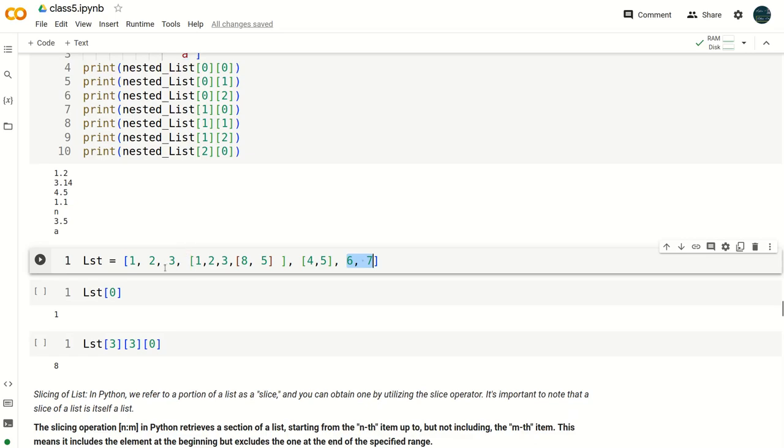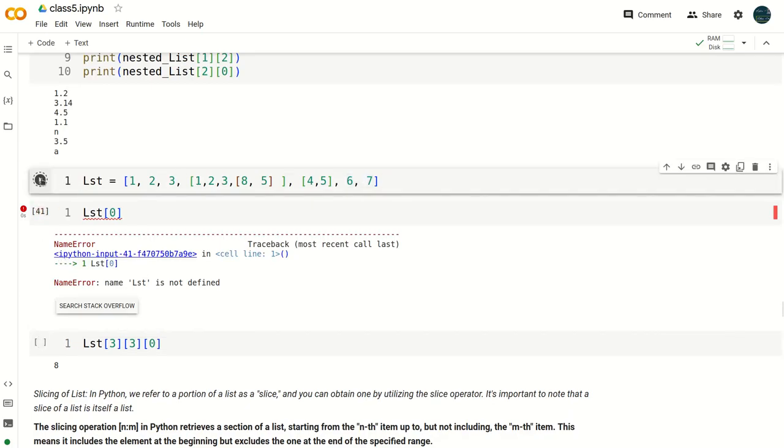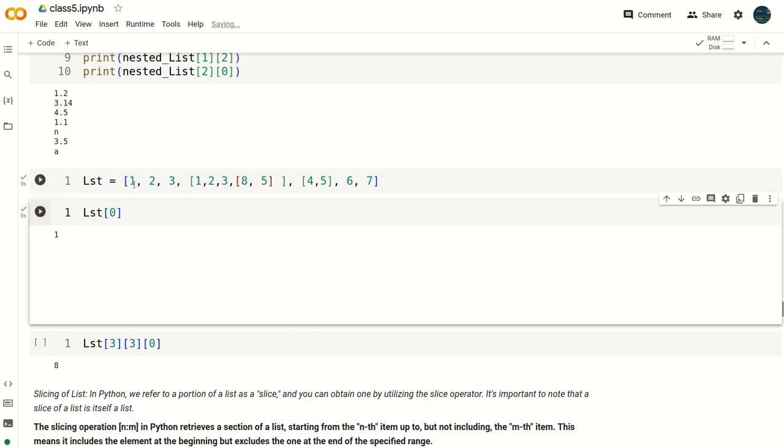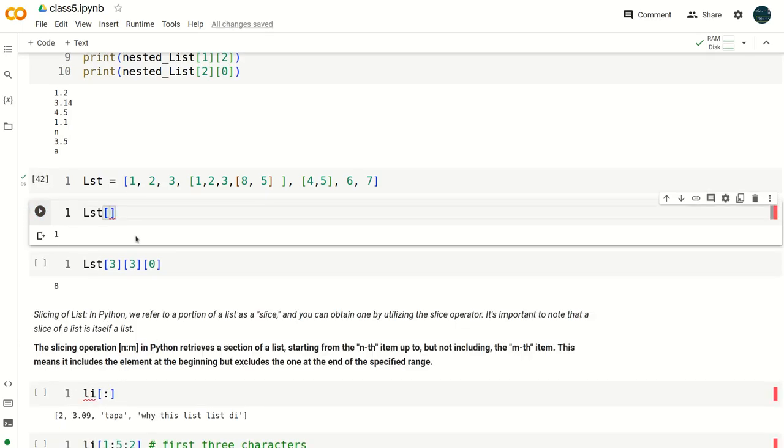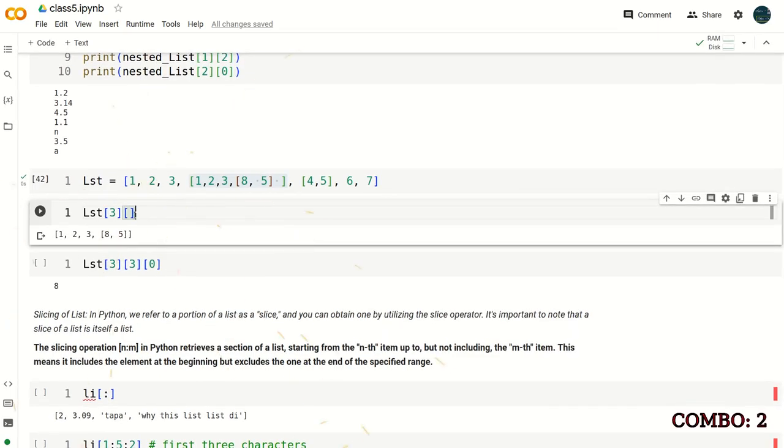Now if I run this first, and if I run lst it will return 1, and if you want to access the first item, that will return 2, and if you put 3, that means this is 0 1 2 3, the whole object is the third element, and within that if you want to access the first item, this is 0, that will return 1, and if you make it 2, that is 3 rather, 0 1 2, that is 3,